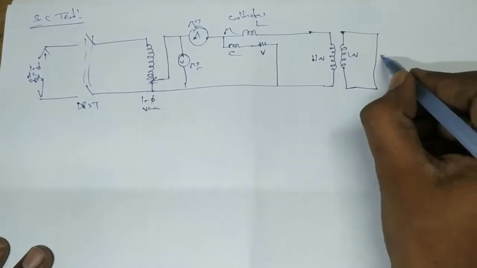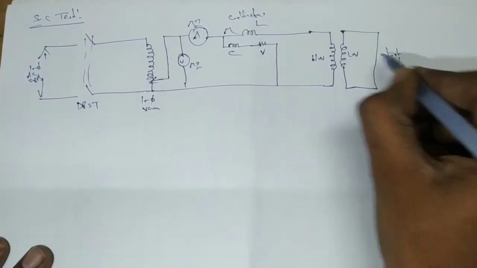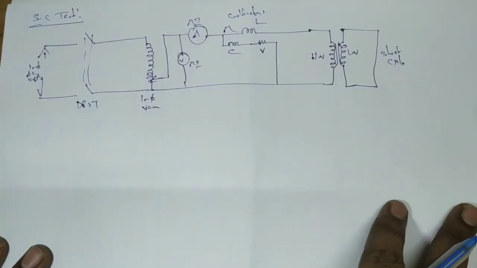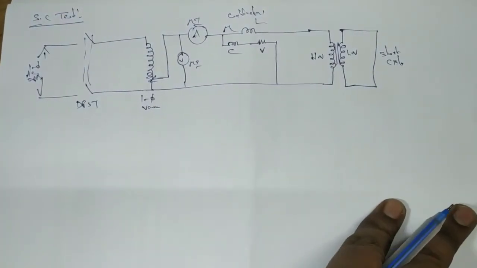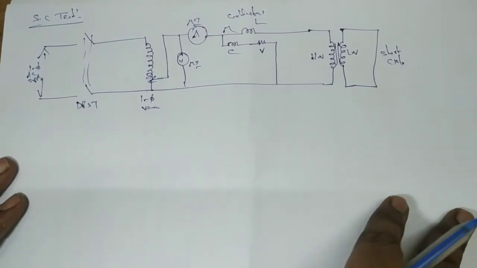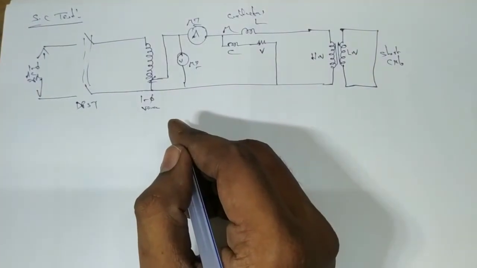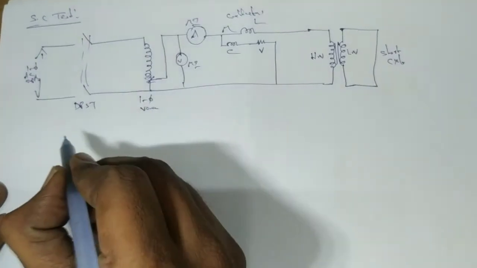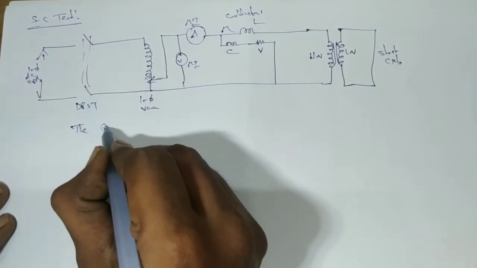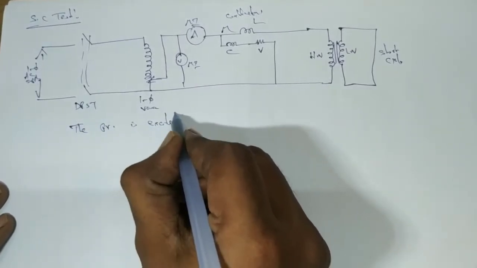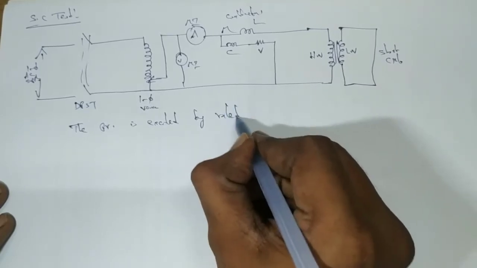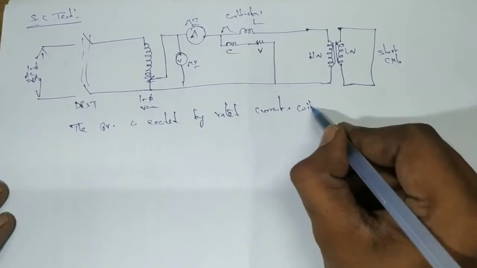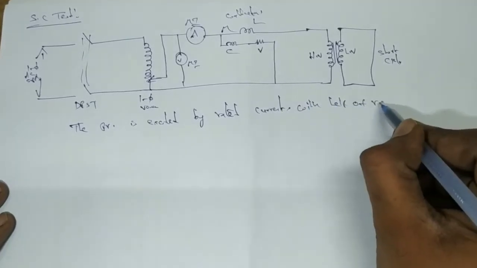The SC test is always conducted on the high voltage side, and the LV side is short circuited. In the SC test, the primary is excited by a rated current. In the OC test, the primary is excited with rated voltage, but in the short circuit test, the variac is varied until the transformer is excited with a rated current. So the primary is excited by rated current with the help of the variac, and wattmeter, voltmeter, and ammeter readings are